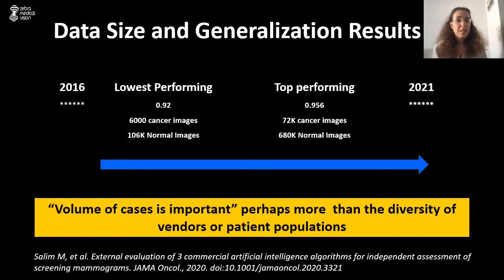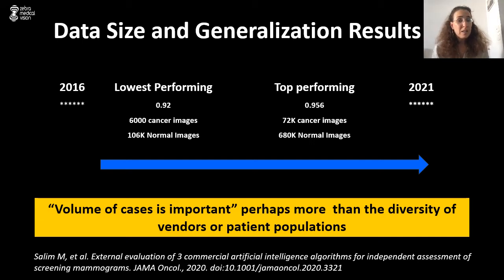All these claims of AI performing on par with radiologists in a specific domain are now evaluated on conditions which are separate from the lab where the algorithms were trained, on a new held out data set with a different population, sometimes different vendors. And here you can see that the results are actually very good. However, the lowest performing approaches obtained 0.92, while the best performing approaches obtained 0.956